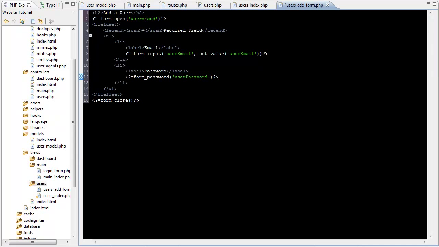As is, if you don't enter your email address, which is a required field, but you do enter a password, and you submit the form, it's going to take you back to the add form with the error: The email field is required, and your password field is going to be blank, even though you already typed something into it. Now you could do set value user password, and that would refill in this form, but usually you don't want to do that because